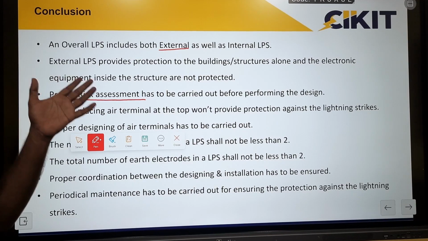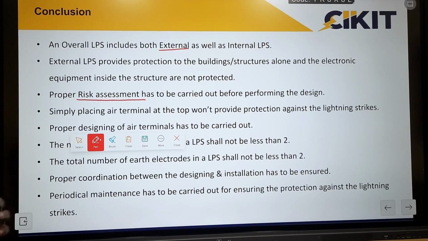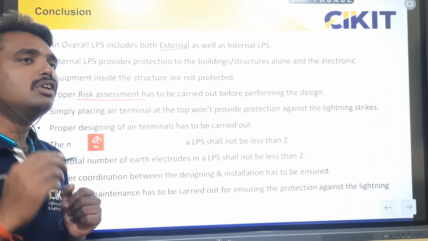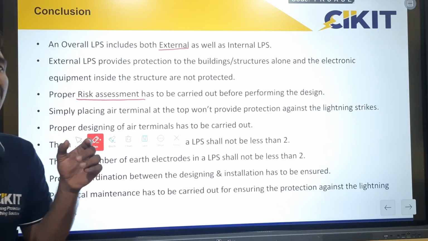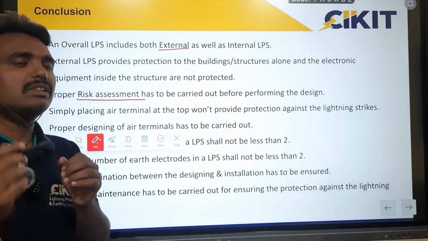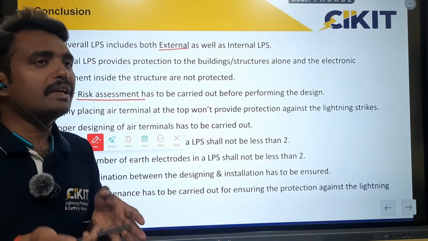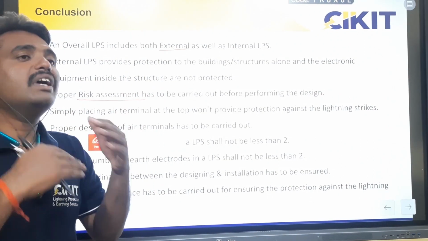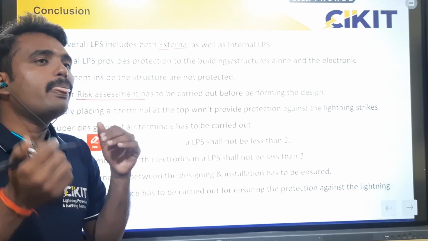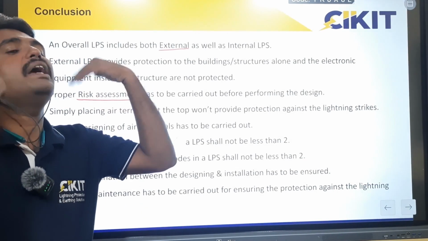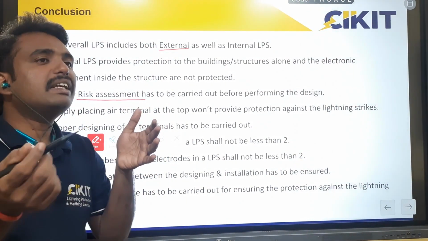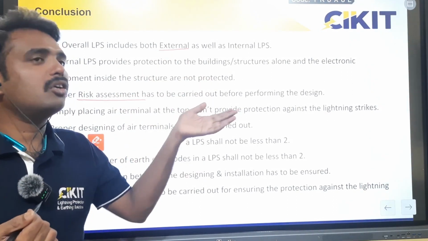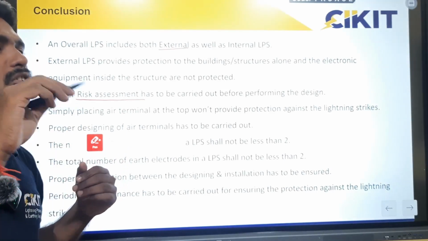And if we go for installation on a high-rise building, there is one more difficulty due to side flashes. In the first slides I explained the 3 types of lightning. The third type is cloud to ground lightning, but apart from that, intercloud and intra-cloud lightning also exist. If the height of the building is much higher, then the building will enter the cloud zone. In that case the lightning traveling in the cloud may also have an impact on the building. That is called